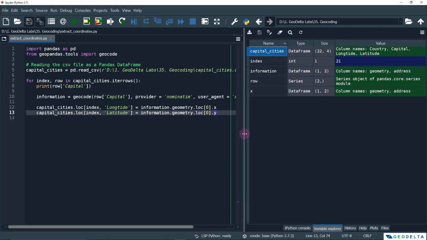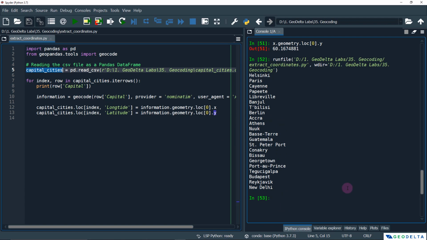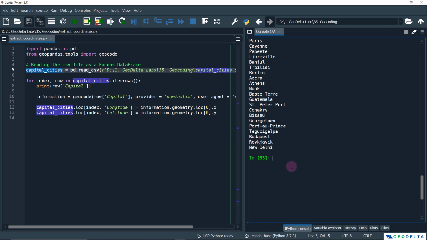Before we wrap up the tutorial, I would like to also show you how to save this new capital cities variable into a new CSV file. Now all you have to do is simply say to CSV, and I can provide the path. In this case, I would like to save it at the same place where I have kept my Python script, so I'm not going to provide the entire path. I'm just going to say cities with coordinates.csv, and if I hit enter,